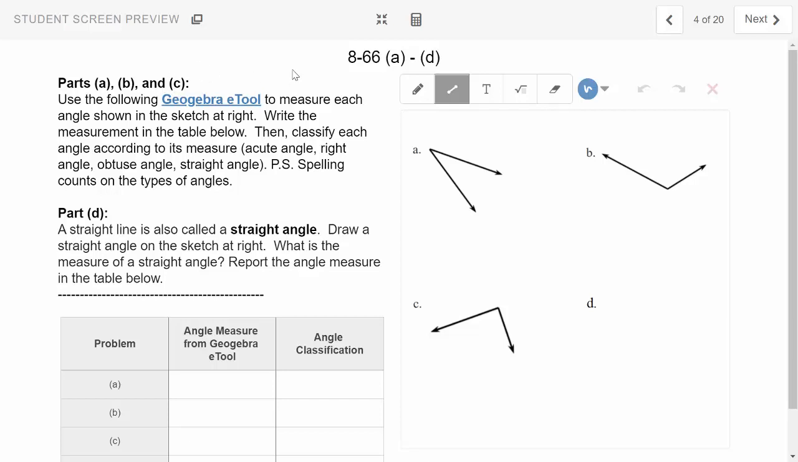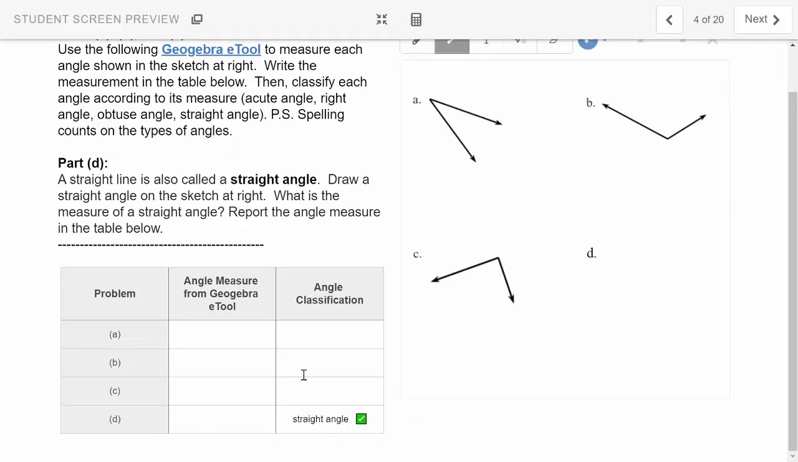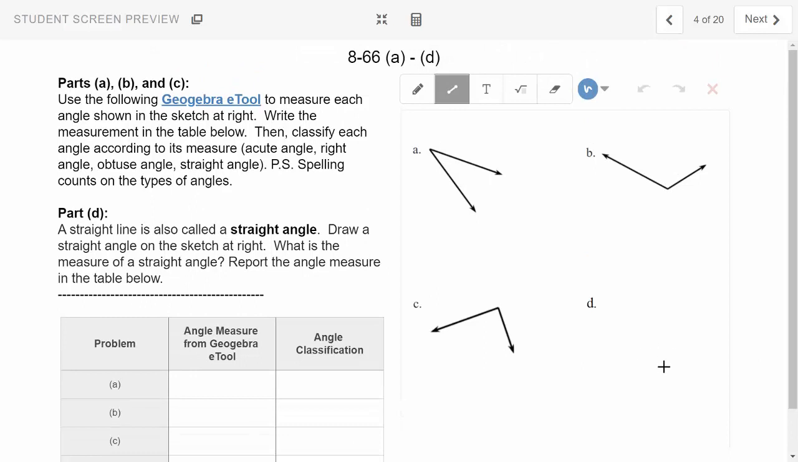Okay, for this problem here, 866A through D, I want you to use the following GeoGebra tool to measure each angle in the sketch at right. Write the measurement in the table below, then classify it as either acute, right, obtuse, or a straight angle. Spelling counts, so make sure you're using the exact spelling in here. You'll use acute. Don't say acute angle, just say acute, and so on. Then part D of this problem, I want you to draw in this space a